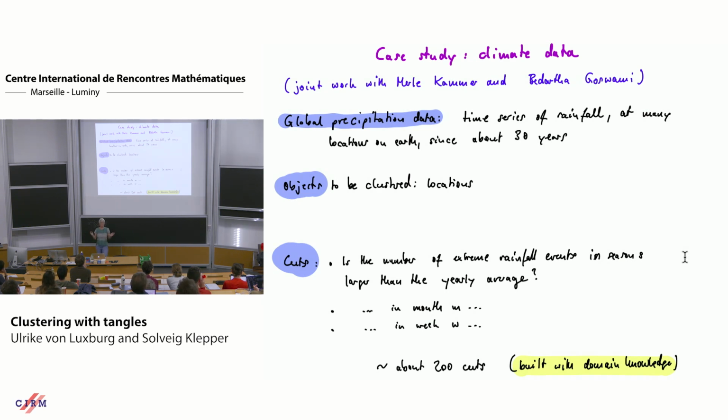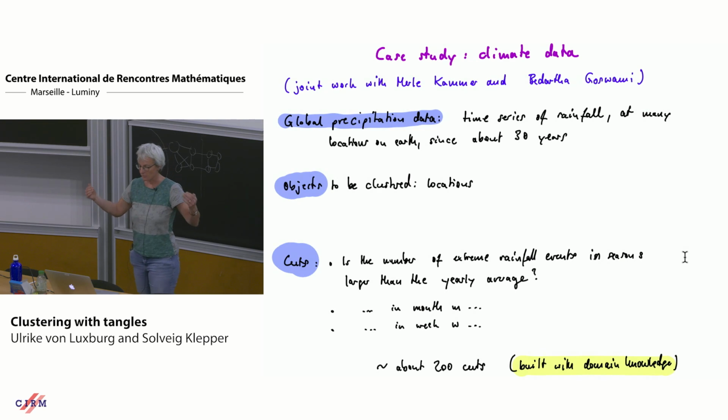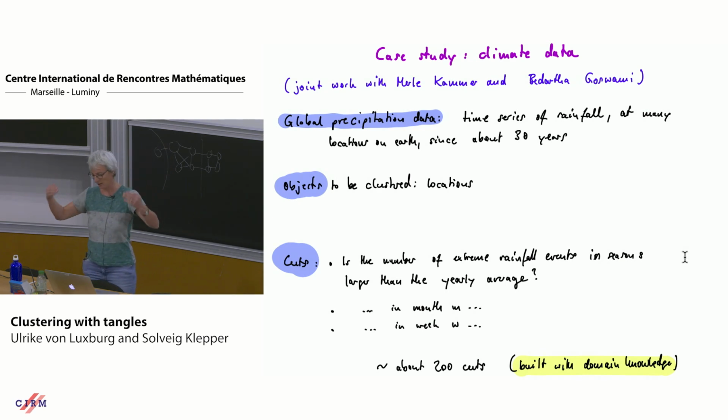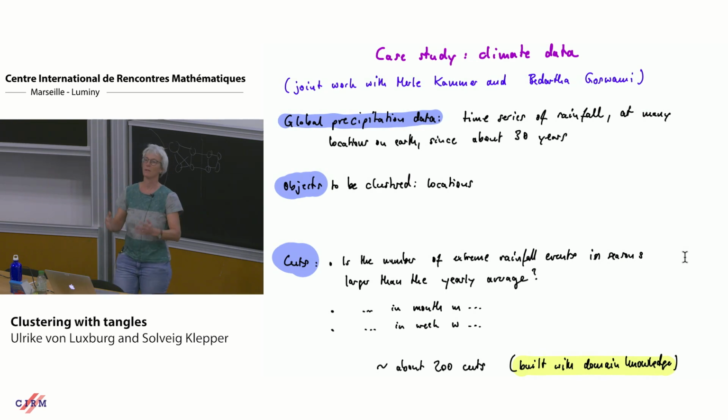Okay, and now, of course, the last remaining bit in such a talk would be, we have the concept, we have the algorithm, we have the simulations, we have the bounds. Now, does it actually work in practice? And this is where we are currently. So we have started some projects where we apply tangles to real data in collaborations with people who work with real data. These are all a bit preliminary results, and I just want to point out one here,